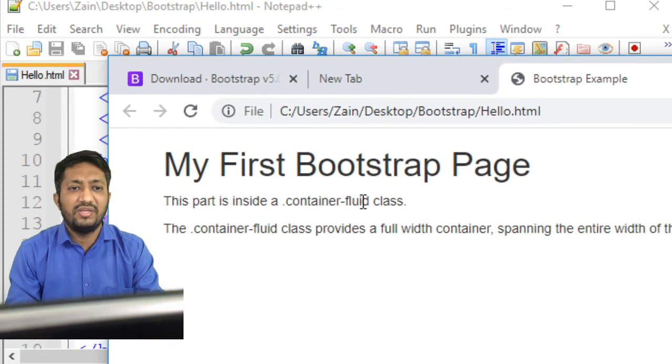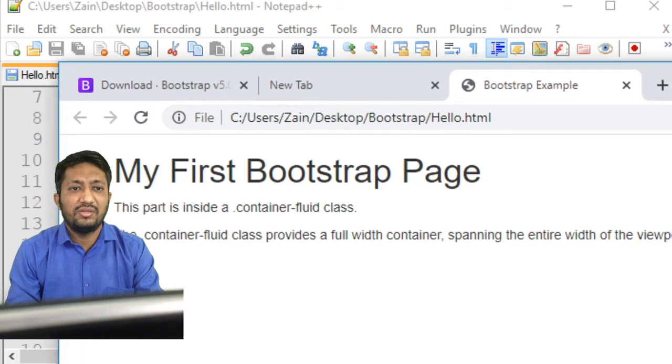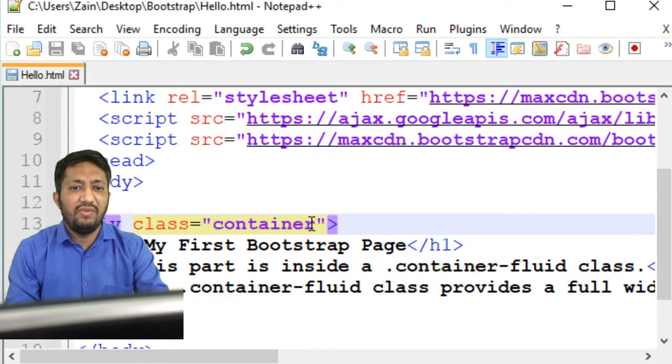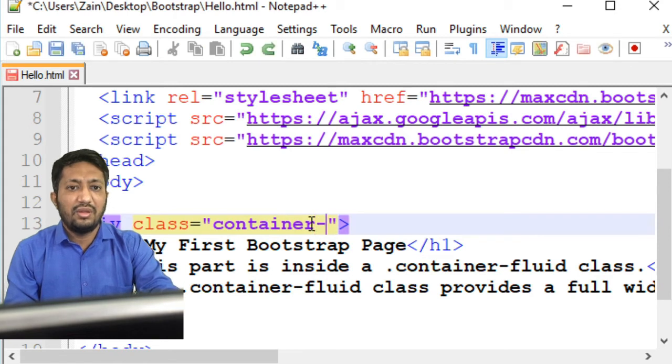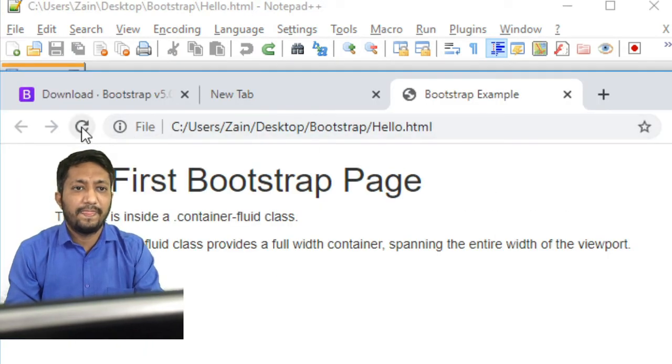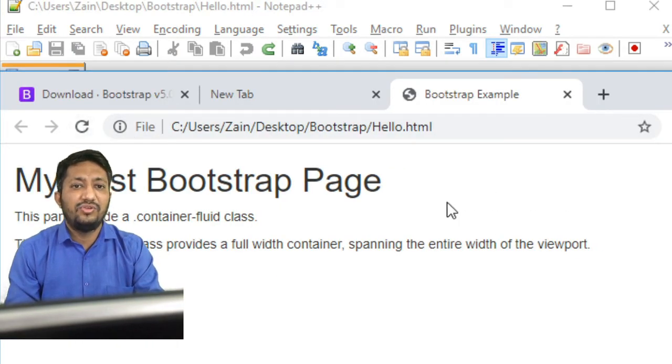You can see some space here. So the full width is not occupied if we are using which class? The container class. But instead, if we are using the container-fluid class, then what is the change? You can see now. Yes, this is the change.